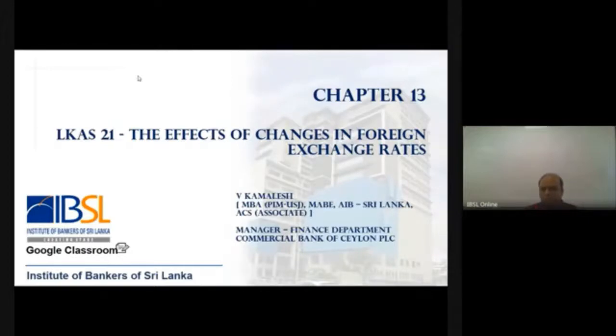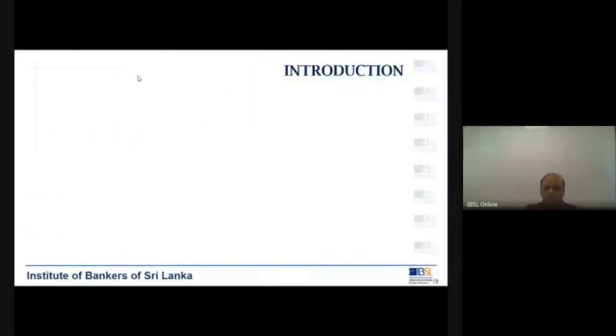But there have been instances where they want you to write certain definitions, which we are going to look at, or maybe one simple adjustment in question number 1, where you need to look at what would be the value at the reporting date. So we will look at an example that will give you an idea. So let's start with LKS 21.